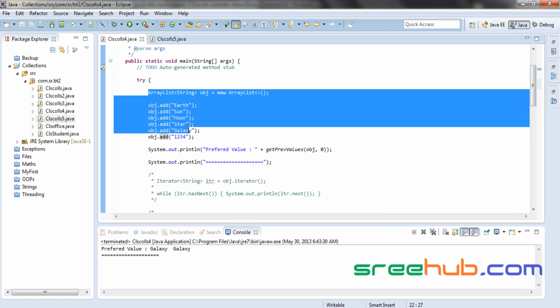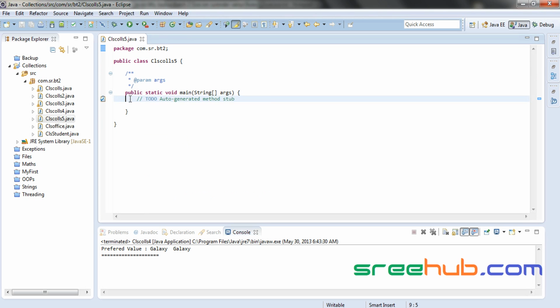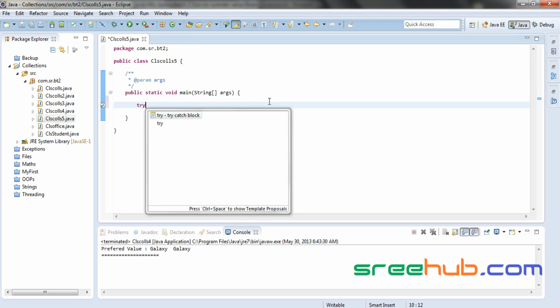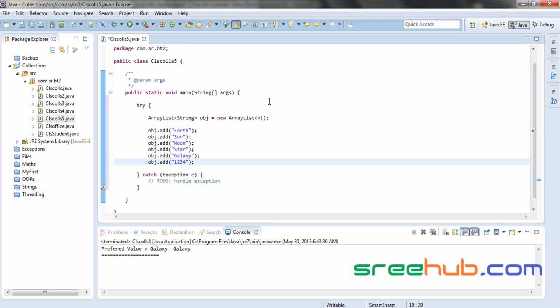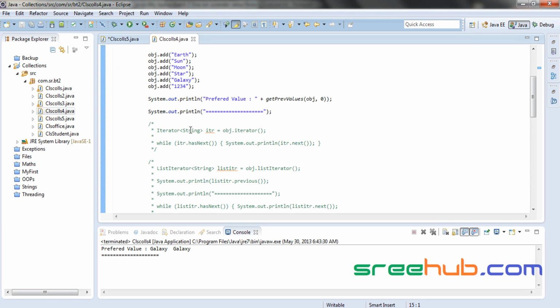Let me just take this so that I can save some time. Right, so let me call it vector, and vector here too, and in calls for, let me copy this iterator so that